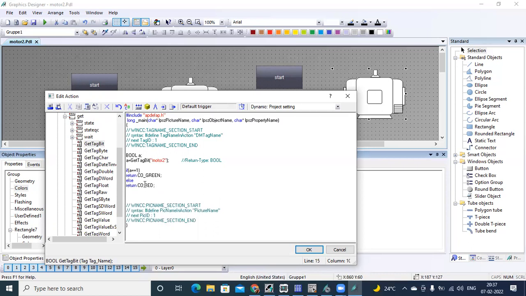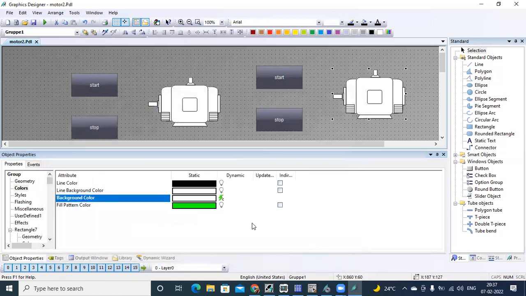So here, if A is equal to 1, return the color green, or else return red. Okay, a small program here for changing the dynamic color. When I compile here, you can see 0 errors, 0 warnings. Okay, say okay. That's it.